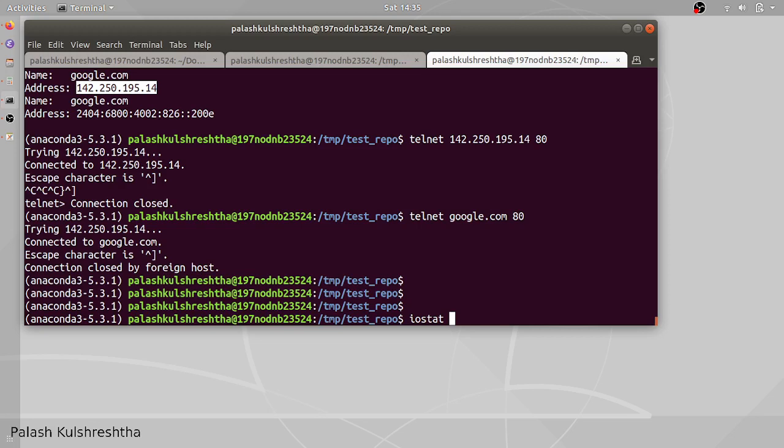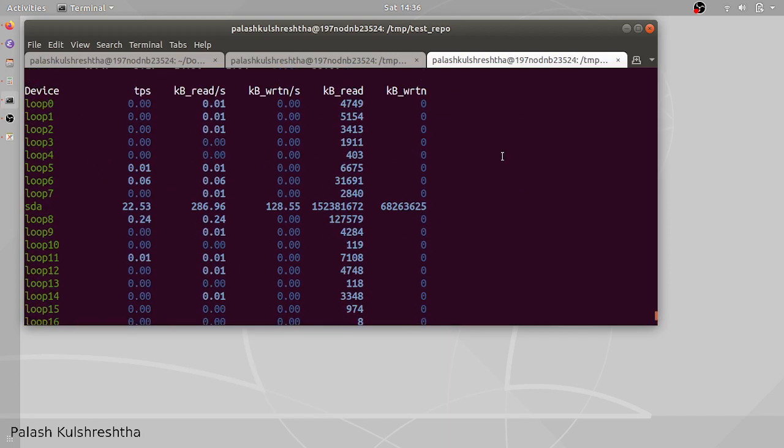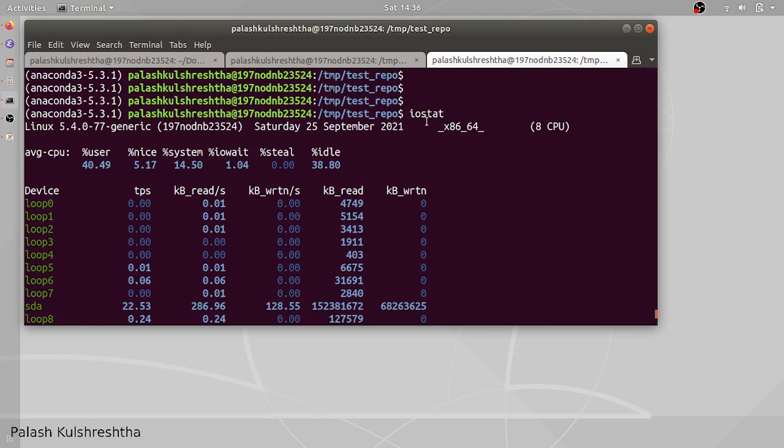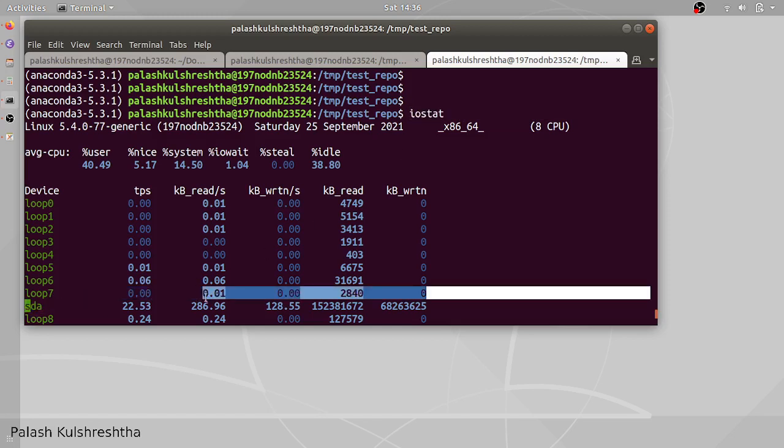But let's say we are on that service instance or database instance, and now we have to find out what are the IO metrics of the disk attached to it. Let's try to find out. We are going to run iostat. Okay, iostat gives me the disk metrics. You can see it is giving me sda.